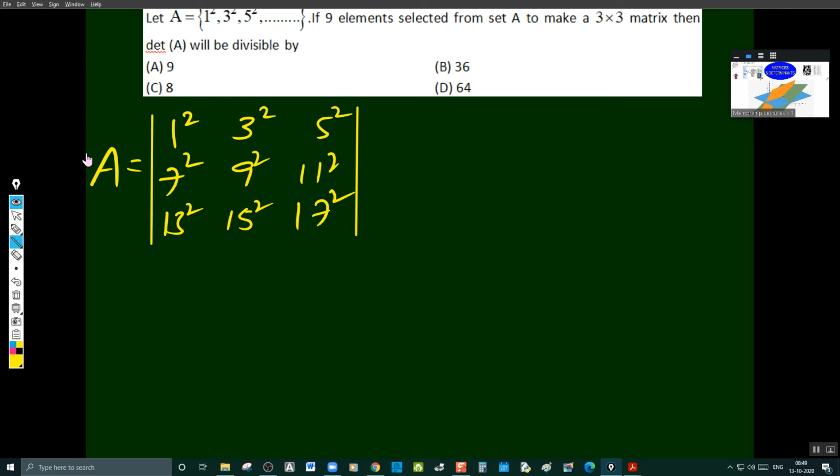Okay. Now to solve this determinant, we always make use of the method of making any two elements 0. So what is that we try here? We will be doing either column operations or row operations. So here, let us see this. 13 square minus 1 square is 168. 168 is divisible by 8 perfectly. And is it divisible by 64 or not?